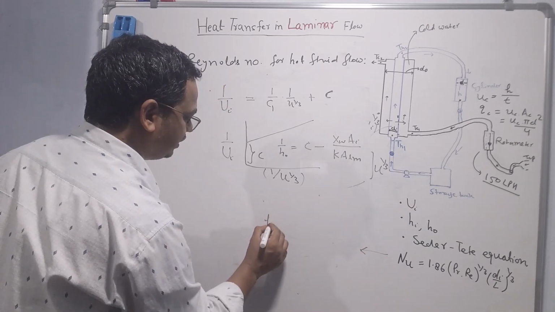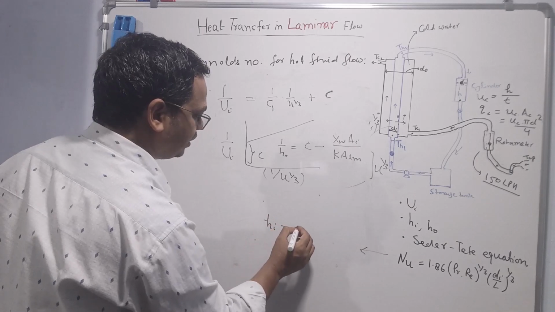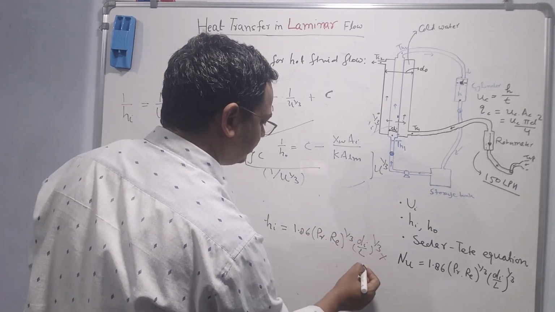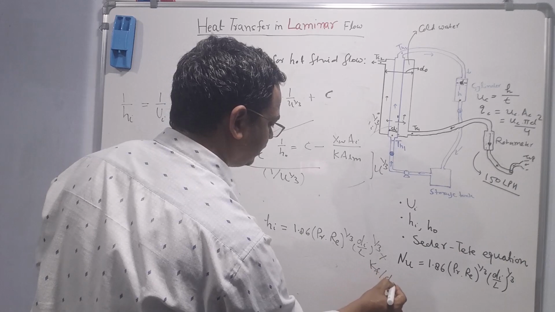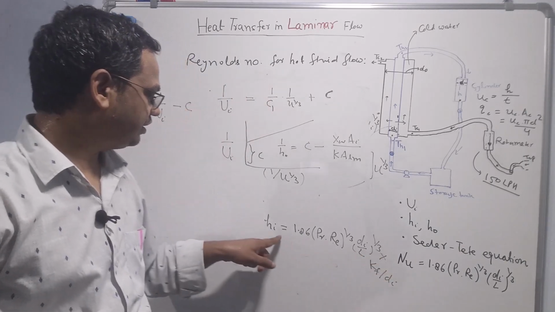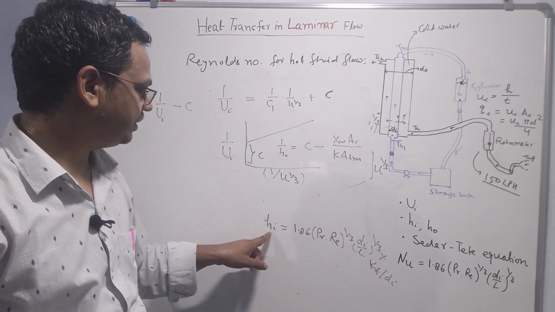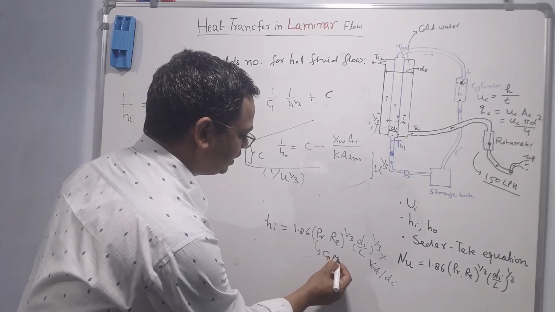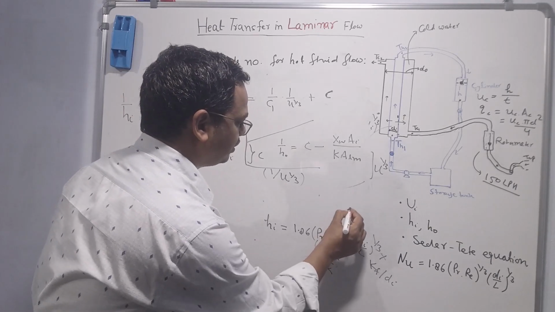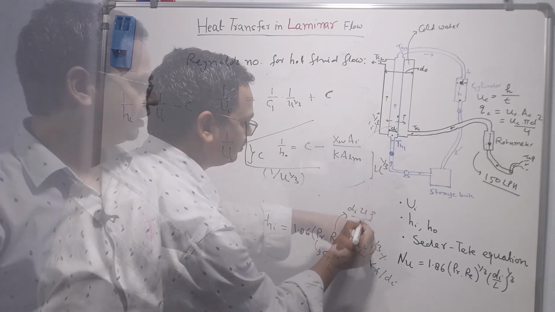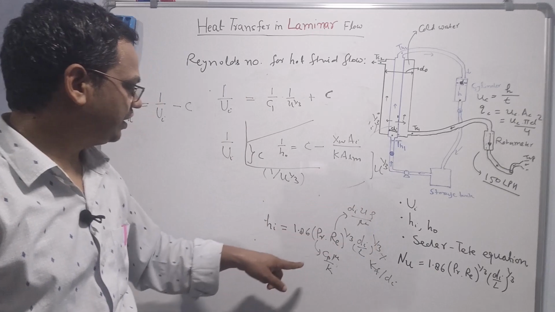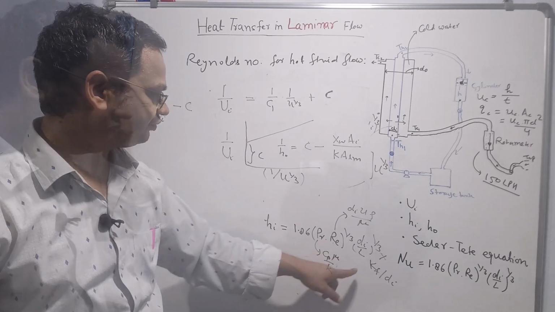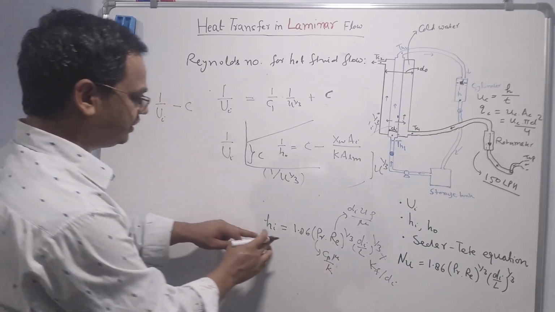Nu can be written as hi di by k, so I can write hi is equal to 1.86 into kf by di, times the rest. So using this equation we can directly find the inside film heat transfer coefficient. This is the theoretical value where Pr is known, that is Cp mu by k, Reynolds number Di u rho by mu. For each flow rate we will have velocity, and accordingly we will find the heat transfer coefficient. Other parameters are almost constant. So this is the experimental Hi, this is the theoretical Hi. We can compare both,